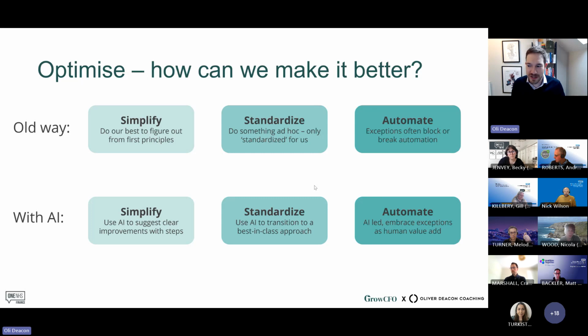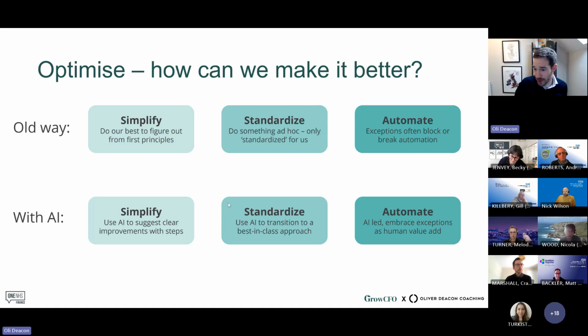And one of the most important things we're going to see from AI over the next few years is that AI will help us to automate our processes. It will move those standardized processes into tools and systems for us. Now, does that mean we're all going to lose our jobs? No, it means number one, we're going to be less stressed. And number two, we can do what we really need to be doing, which is value add work for the trusts and organizations that we support.